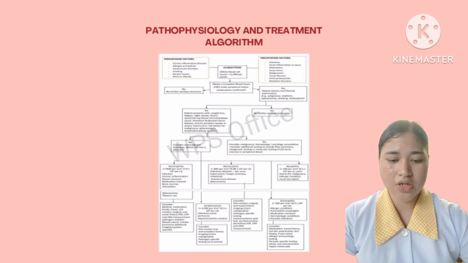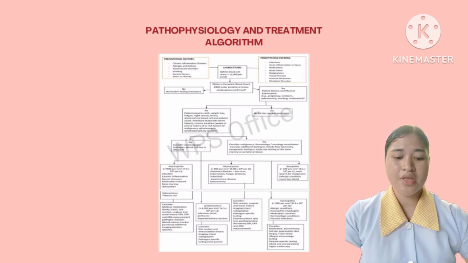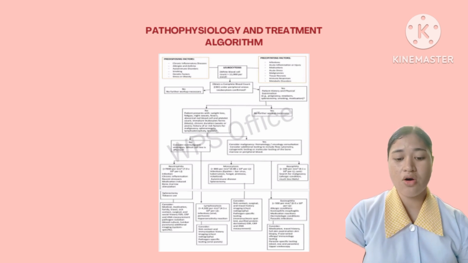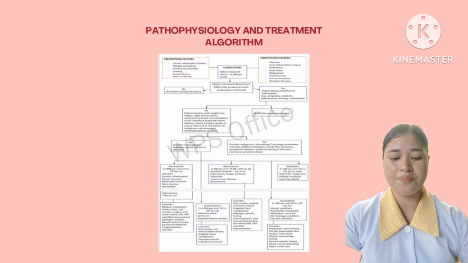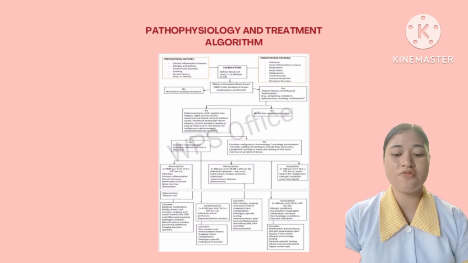So, if these factors arise, it results in leukocytosis, which is when the white blood cell count is increased, greater than 11,000 per cubic millimeter. If this happens, obtain a complete blood count, or CBC, or a peripheral smear. If the leukocytosis is confirmed, then if no further workup, and if yes, the patient history and physical examination, for example,